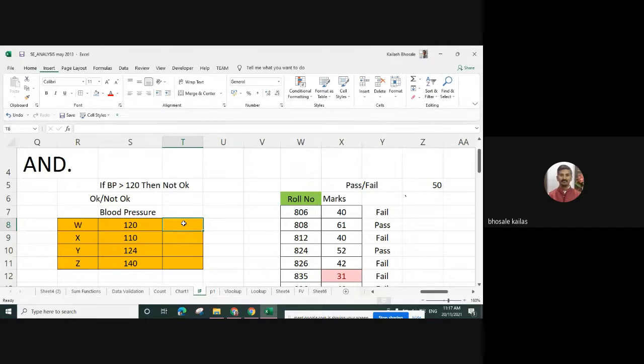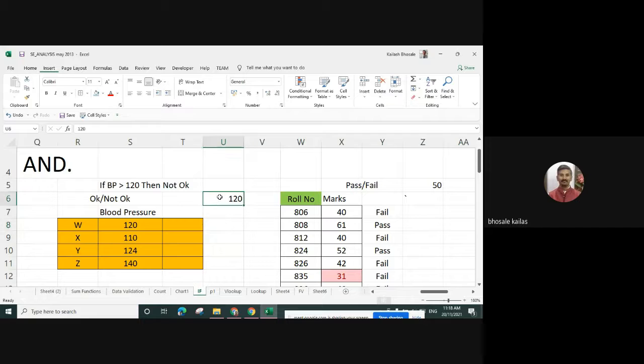So you can use the IF function: if the cell value is greater than 120, we'll write down 120 here.